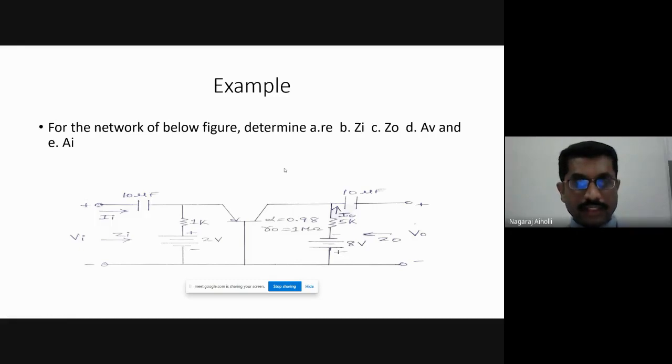Whenever such examples are asked, you have to first identify which circuit the given circuit is. Next, you have to write the given data, apply the required equations and then find the value of the unknowns. The first thing we have to do when such circuits are given is identify which circuit it is. That is the main thing. Once that is identified correctly, we can apply the formulas and find the value of the unknowns.